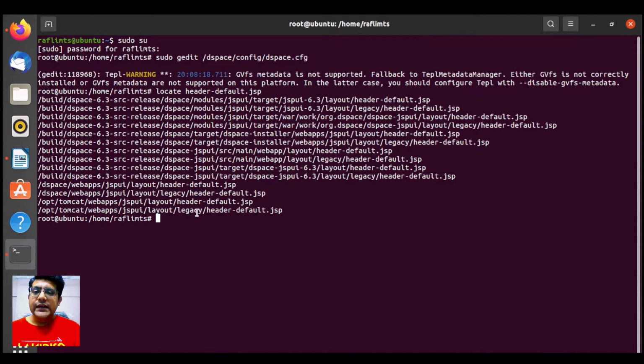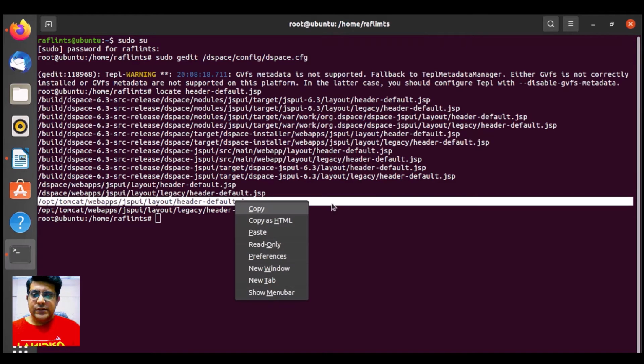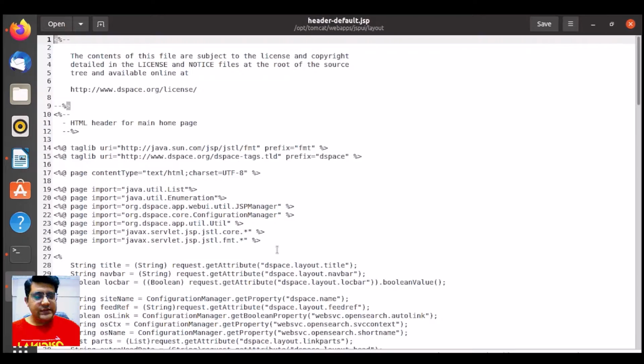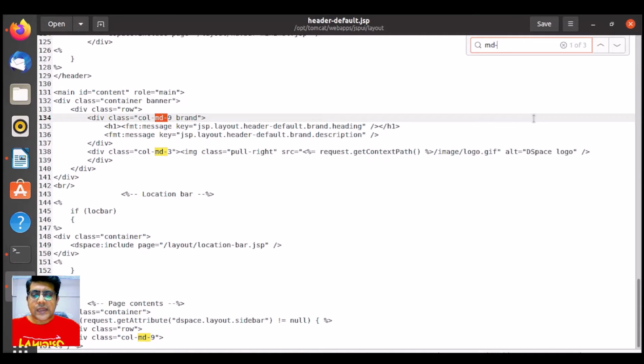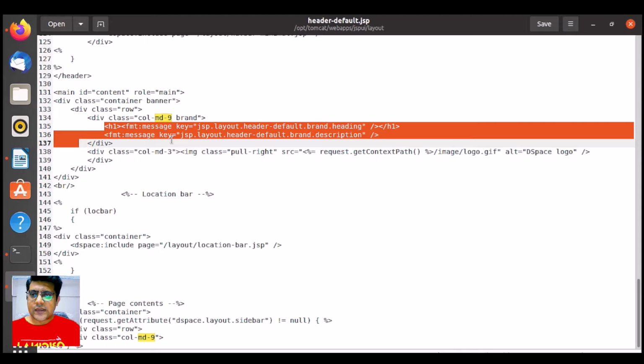We do not select legacy, so we need to work on this file. So we need to select this one, copy, and you can use sudo gedit here and paste the directory. And what you need to do, you need to find md-9. Okay, under md-9 you will see two messages, heading 1 and the messages, and these messages actually coming from